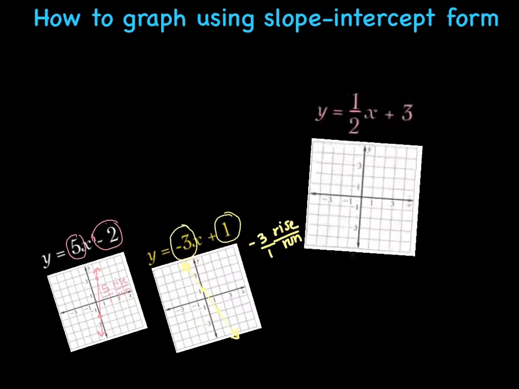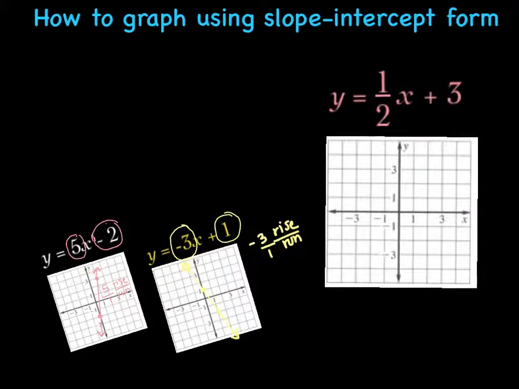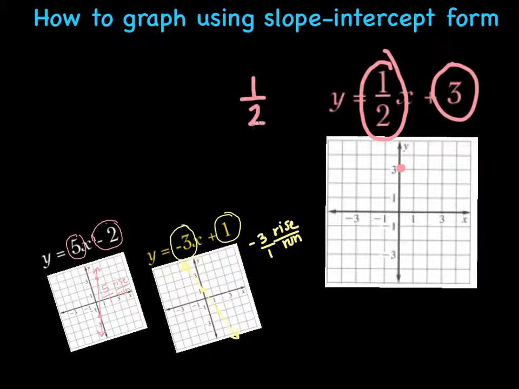The difference here is that the slope is already a fraction, but we're still going to identify slope as 1/2, and my y-intercept is 3. And so first I'm going to graph my y-intercept of 3 by going up 3 on the y-axis. Now since 1/2 is already a fraction, I'm just going to write it over here, rise over run. I don't have to make it into a fraction. I can just see that 1 matches up with the rise, 2 matches up with the run. So to get to my next point, I'm going to go up 1 over 2, rise 1, run 2, and